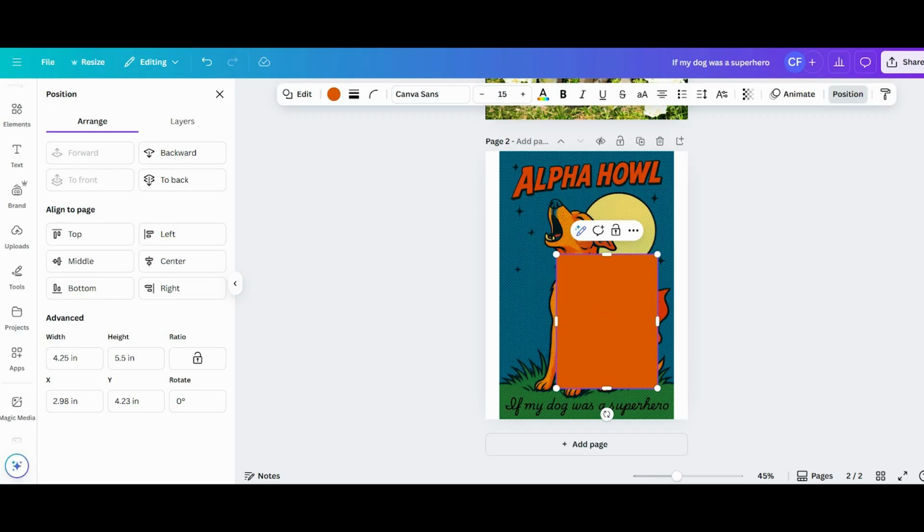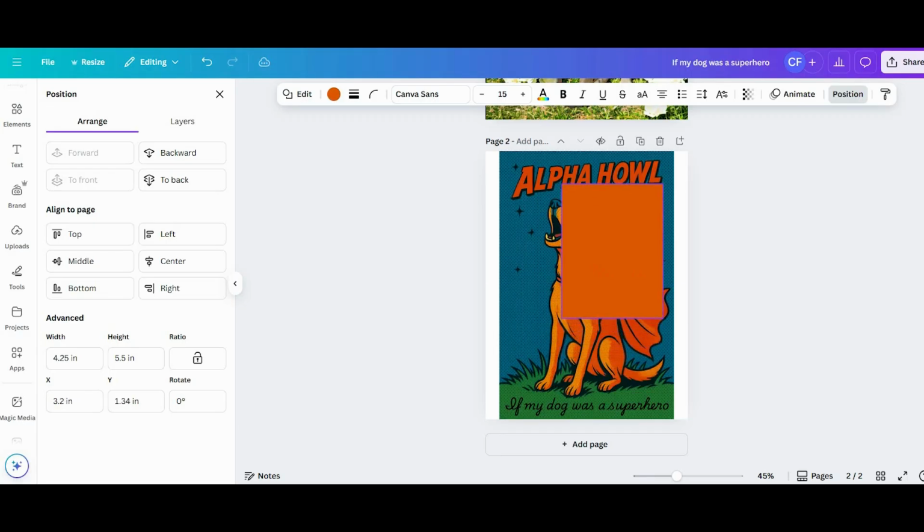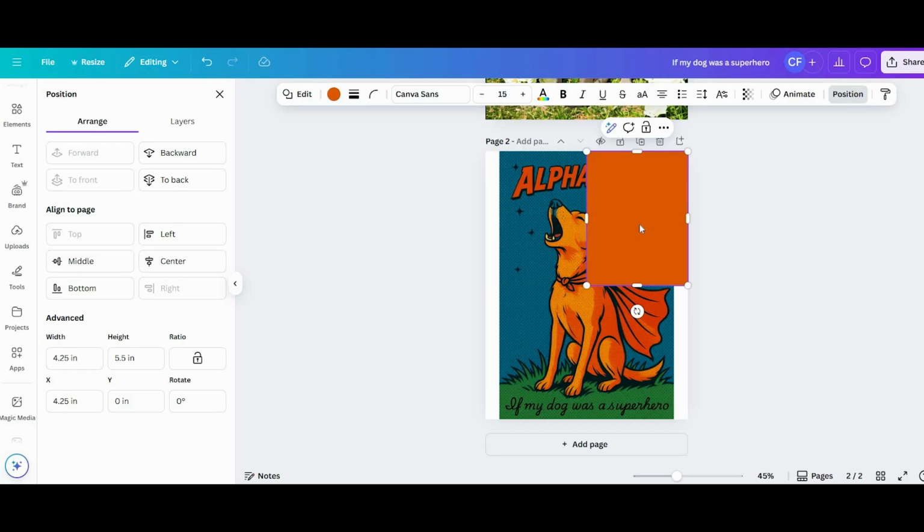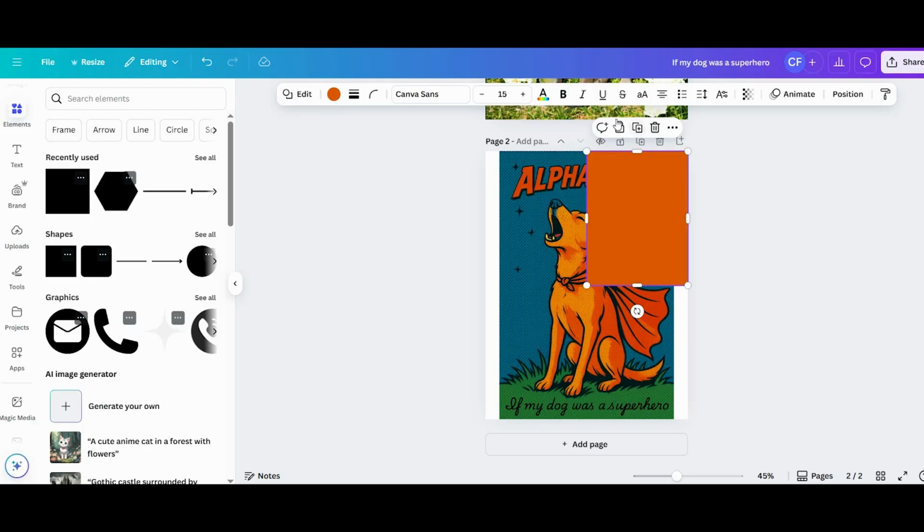And then I'm going to drag my rectangle up to the right-hand corner. And sometimes you will have a different little menu up here, but if you see this little plus sign, that means you can make a copy. And because I have my little orange rectangle highlighted right now, I'm going to make a copy of that. So I'm going to click the little plus key,